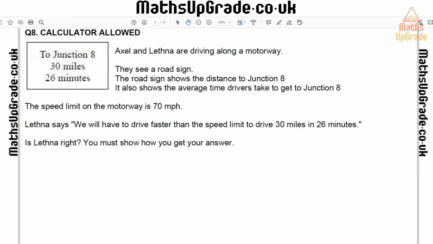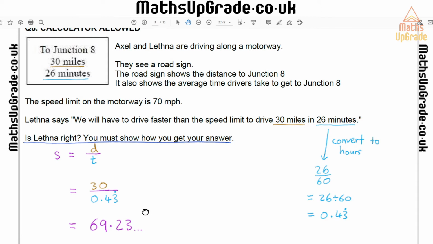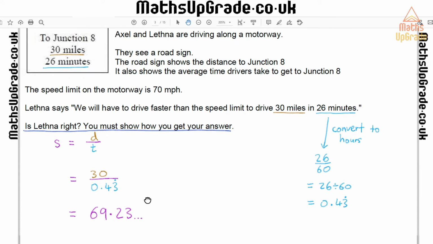So let's just underline the key information here. That's done. First thing I'm going to do, okay, is I'm going to convert this into hours. To convert this into hours, this is 26 sixtieths of an hour. So with a calculator, that is 0.43 recurring in hours. I can now substitute this and the distance of 30 miles into the formula here. So that would give me a speed of 69.23